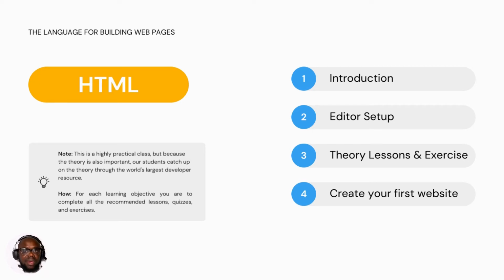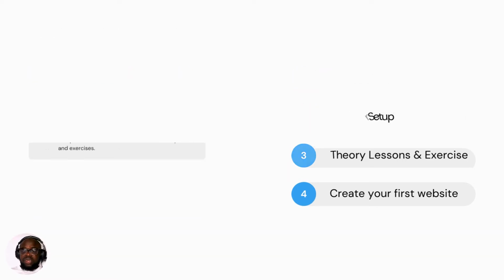Remember how I told you learning programming is just like learning a new language. It's just like learning to speak another language. So now you begin to learn how to speak in this language. That is what we do. So the first basis, trust me, this is the ground zero. If you jump, it will always come back to bite you. So HTML is the first thing we are going to learn. Let's see how to build web pages.